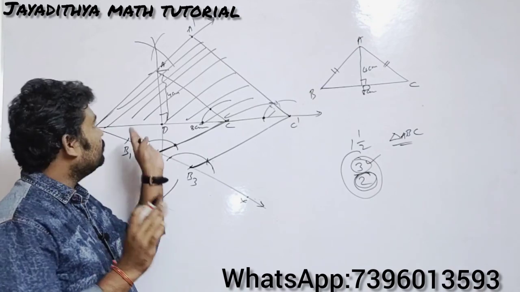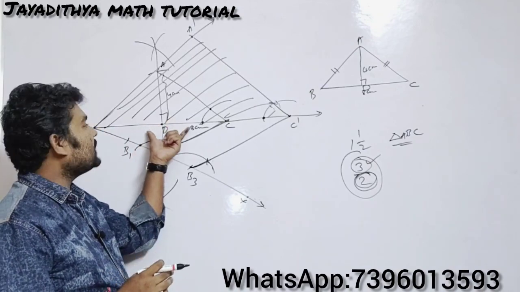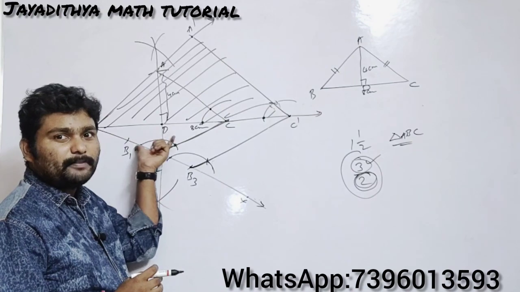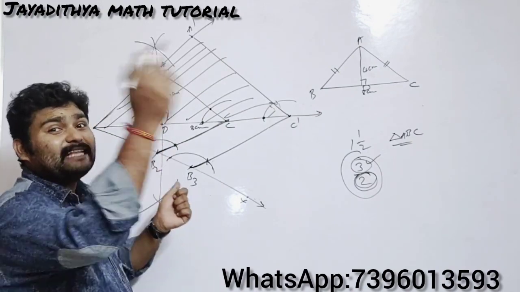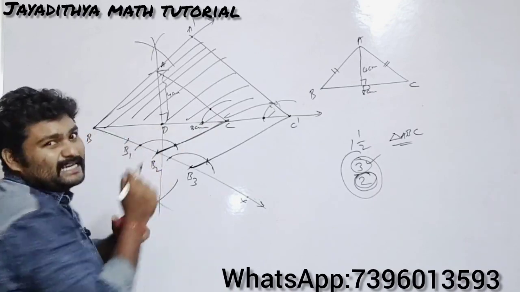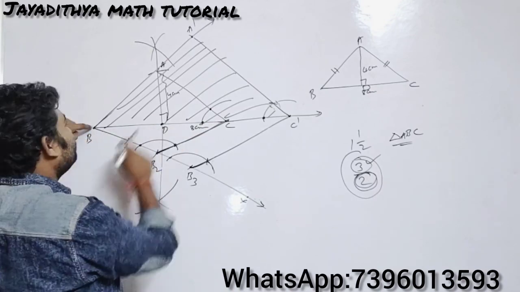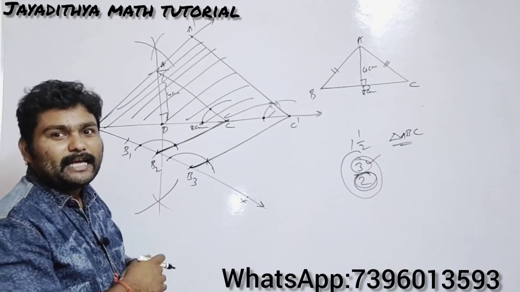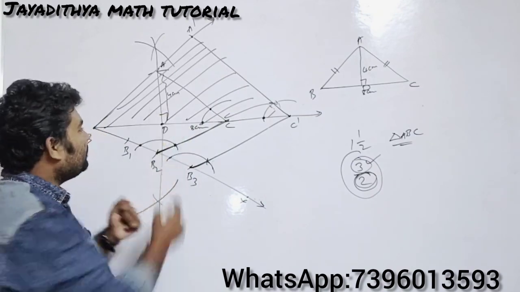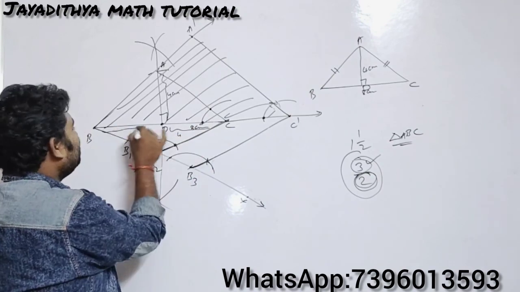Okay, so observe carefully. First of all, you draw the isosceles triangle. When you are drawing the isosceles triangle, first draw the base, then you draw the perpendicular bisector. After drawing the perpendicular bisector only, take the height from D, not from C or B. Most of the students are taking 4 cm distance from C or B, and they complain that sir, we are not getting the height. Why? Because this is totally the height. If you draw a perpendicular bisector, automatically DC will be 4 and BD also will be 4.